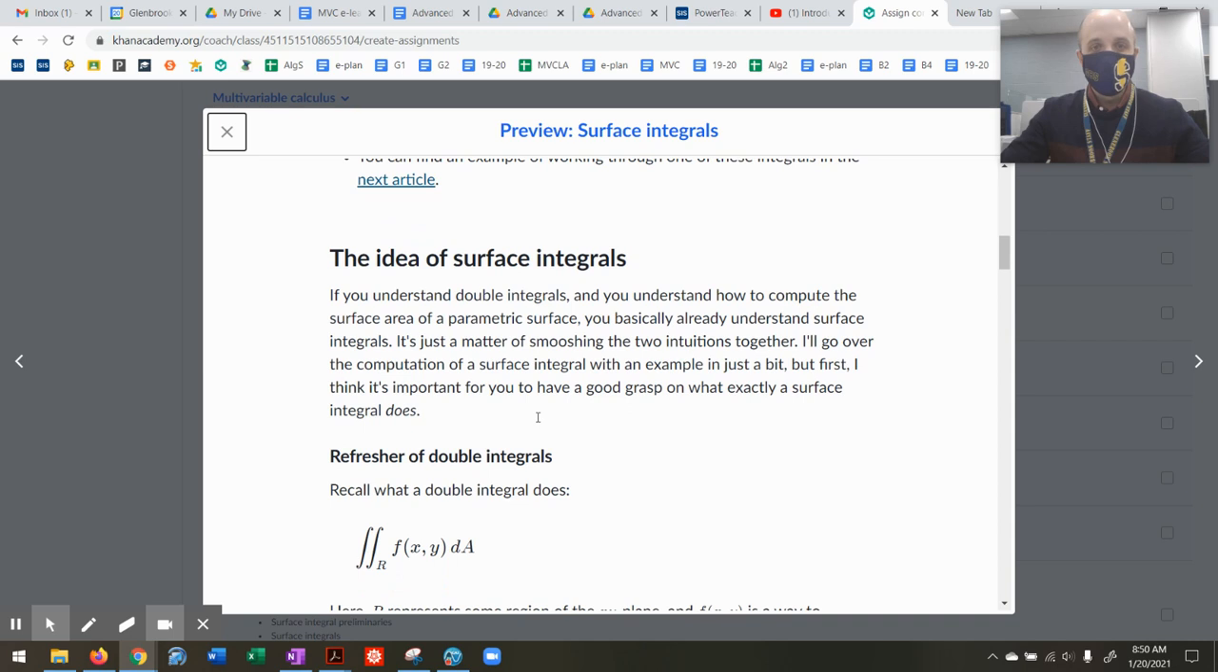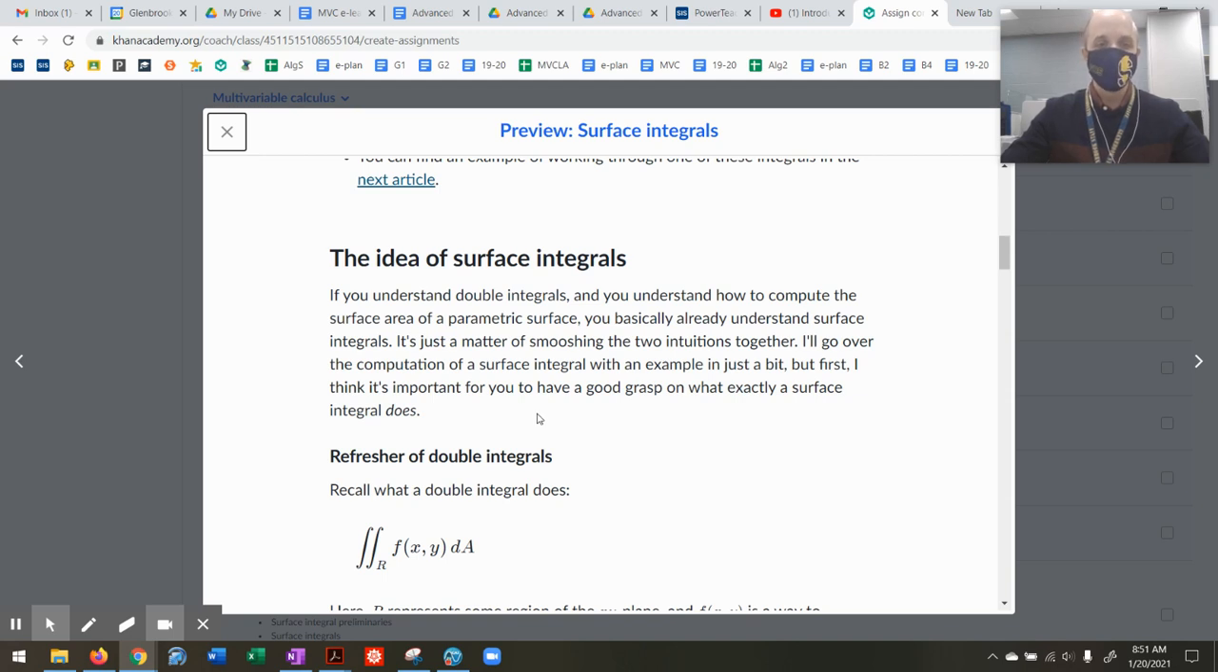So if you understand double integrals and you understand how to compute the surface area of a parametric surface, those are things that we just did, you basically already understand surface integrals. It's just a matter of smushing the two intuitions together. I'll go over the computation of a surface integral with an example in just a bit, and we'll do that together as a class. But first, I think it's important for you to have a good grasp on what exactly